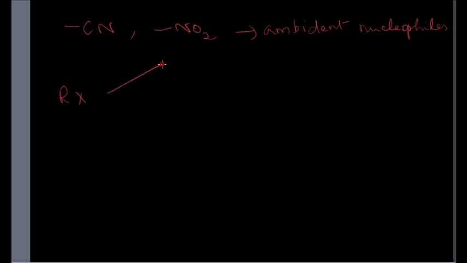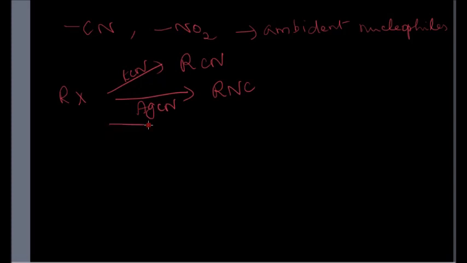Rx, when you use KCN, you get RCN, and when you use AgCN, you get RNC, because here it is CN minus, the nucleophile CN minus, here it is NC minus. And when you use KNO2, see here it is not NO2, but it is ONO. That is a reversal in the